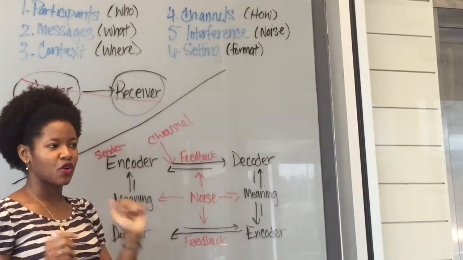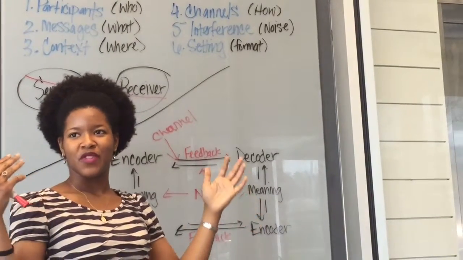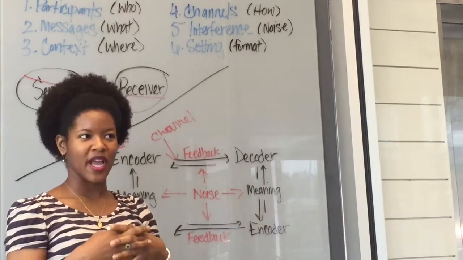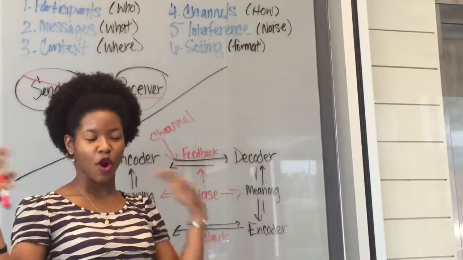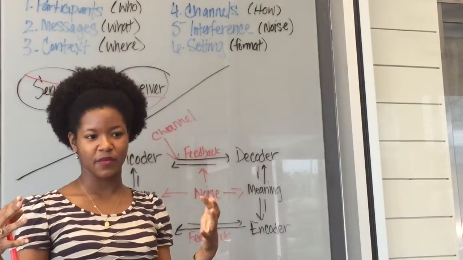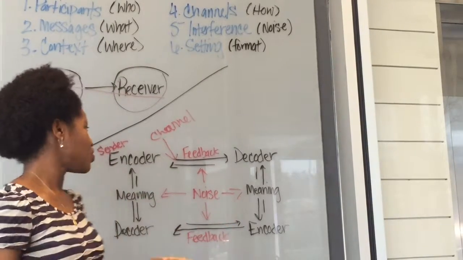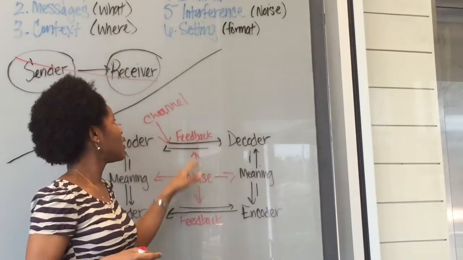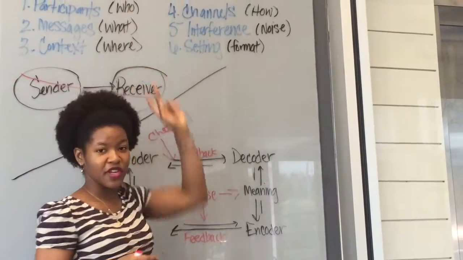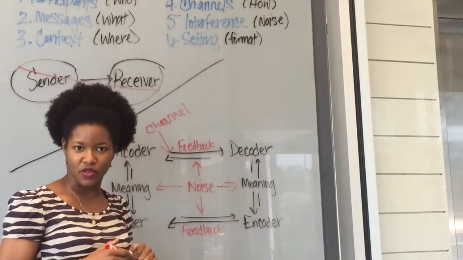Because we don't walk into a dialogue with nothing on our minds, because we have lives outside of every dialogue that we have, where our minds are constantly working on something, and we always bring whatever is on our minds to the table. So noise can be a psychological thing. Noise, same thing as interference, can be a psychological thing. It can also be a physical thing.